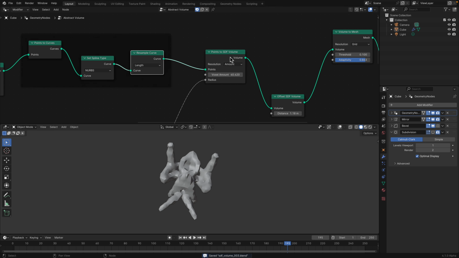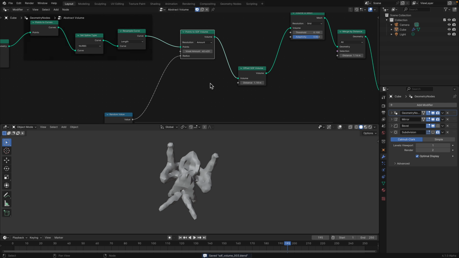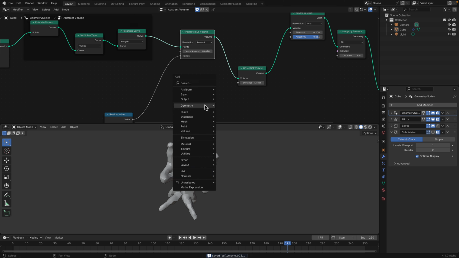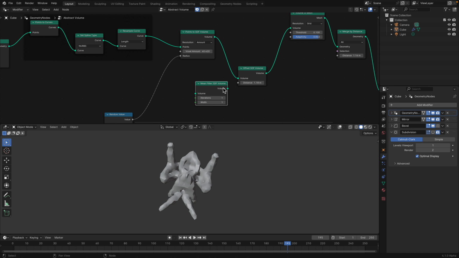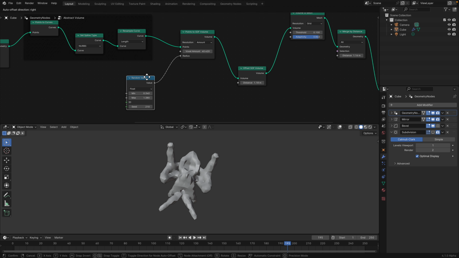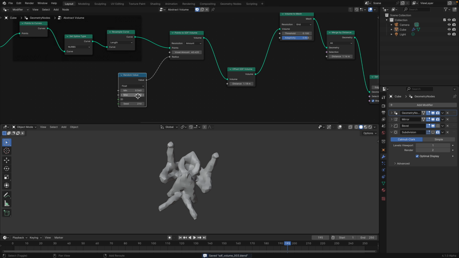Connect the dots. Points to SDF, that's new. A lot of new volume nodes here. Signed distance, I haven't tried that. I think that's also useful. Sample volume, min, filter, SDF volume. I haven't really tested this out, so don't worry about that. I just use random